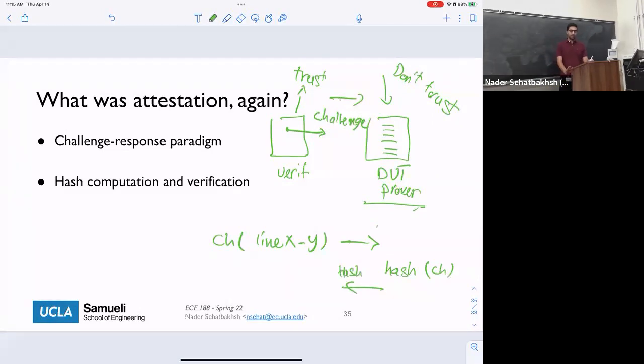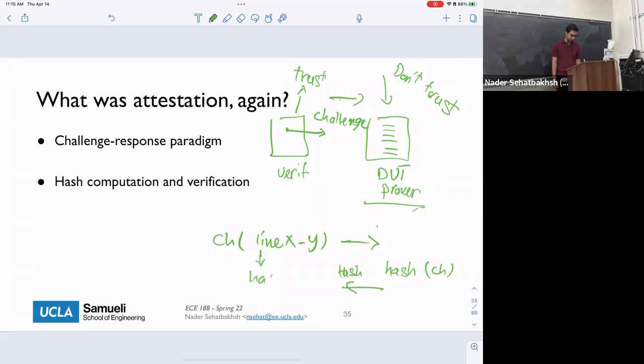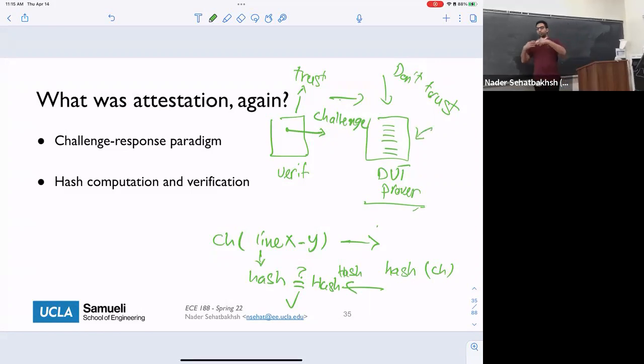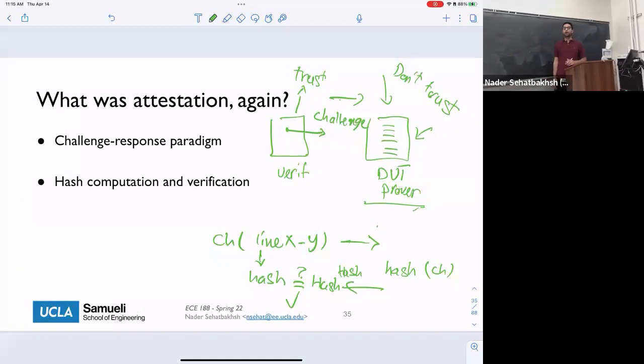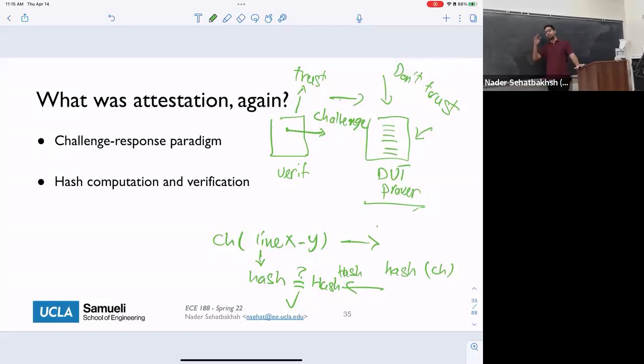Obviously, the verifier has a copy of this memory, so internally it also computes the hash, and then compares it with the hash sent by the device. If these two match, it means that this part of the program or this user can be trusted. Usually, a challenge response is multiple steps, not just one challenge. It's multiple challenges because the attacker can be very stealthy and very smart and try to give you the correct answer. But when you increase the number of challenges, the chances significantly reduce.